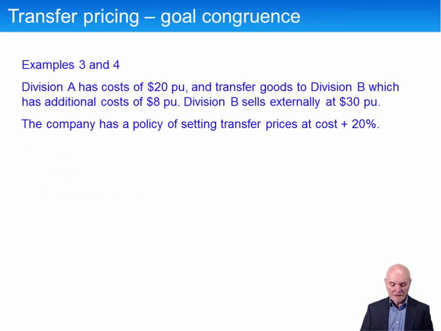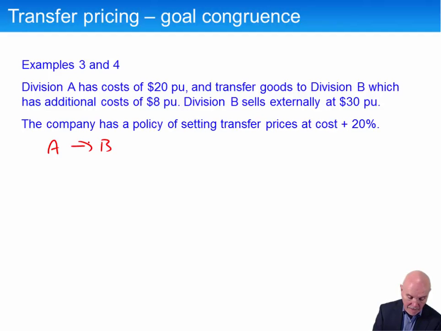Okay, let's now look at examples 3 and 4. So it's set up pretty much as before. We have two divisions, A and B, and we'll just set up the kind of cost structure so far as we know them. And then we'll gradually develop a kind of rule for transfer prices that will actually work. So we'll start over here. So we have A transferring to B, and we have the transfer price or the transfer cost, nothing in A. We have the own costs in A and B.